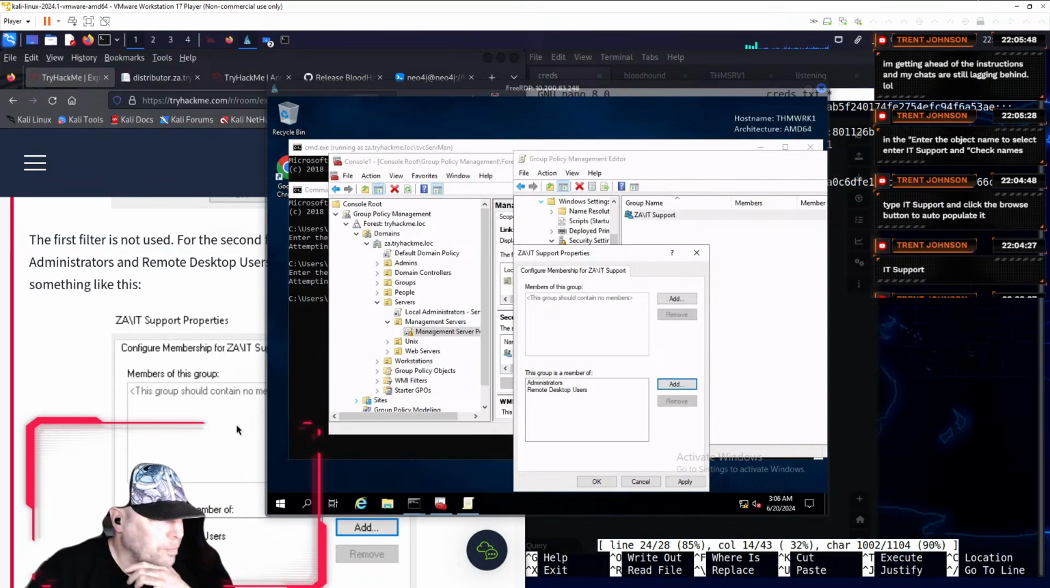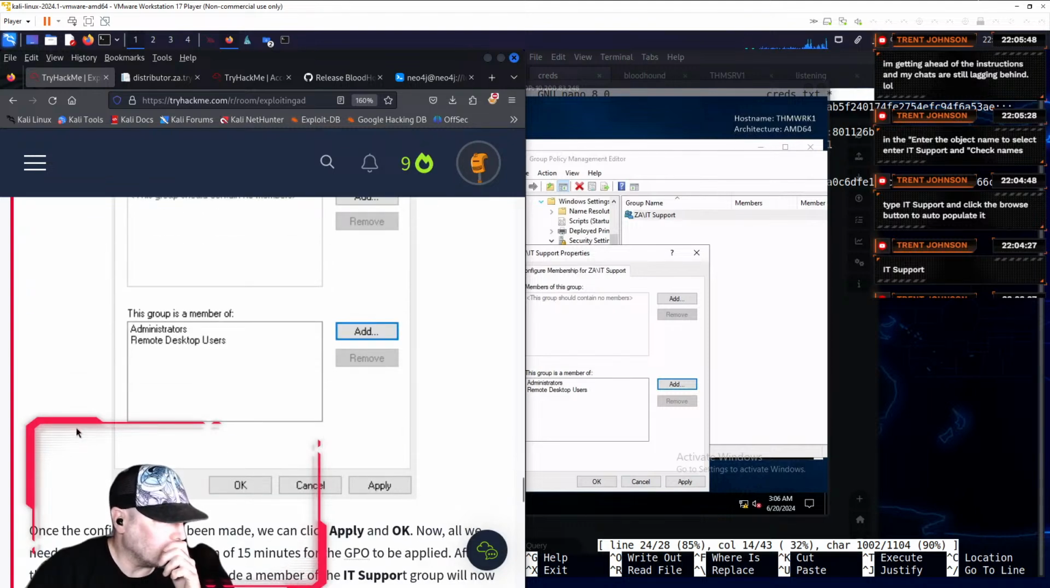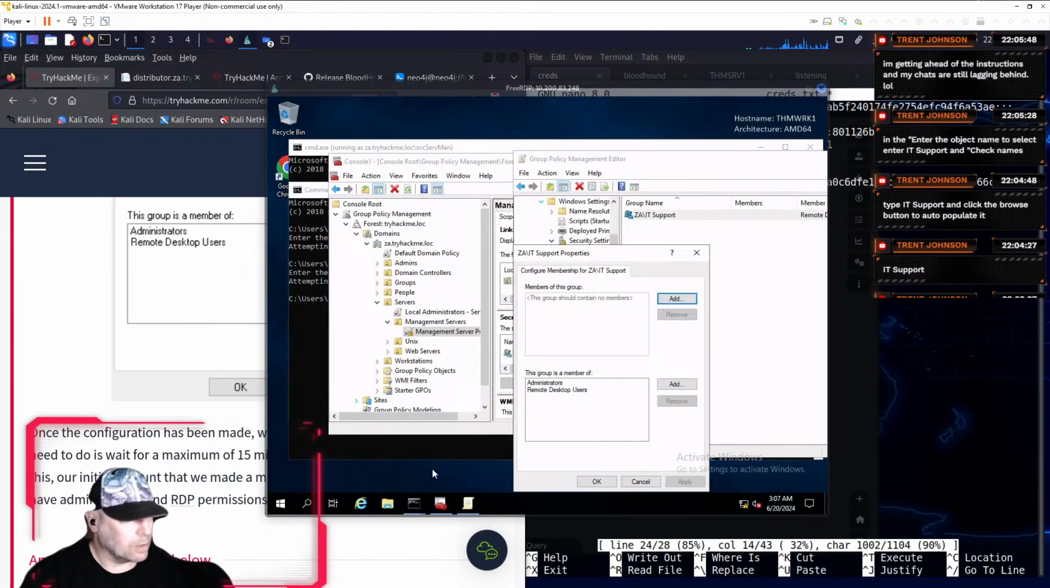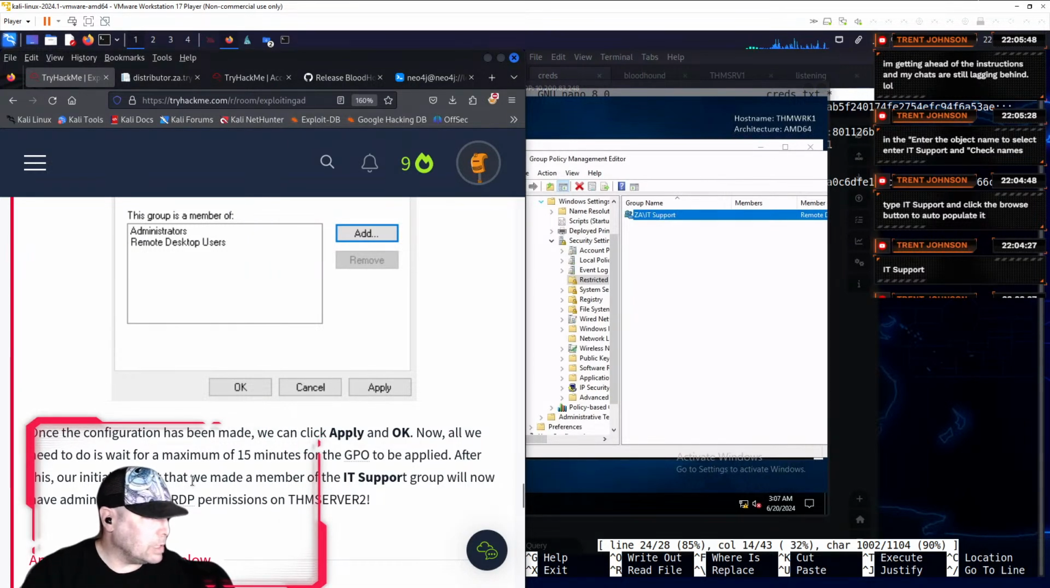No problem. Yep, these things look similar. Maybe we shouldn't hit apply yet. Let me read a little further. Once the configuration has been made, we can apply and click apply. I will click apply now, and then click OK. Now all we need to do is wait for a maximum of 15 minutes for the